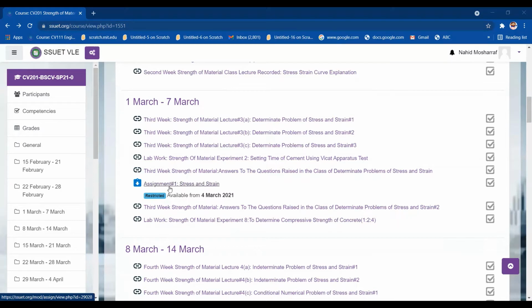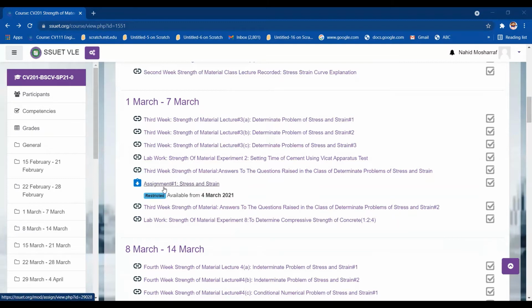Because you will get the total marks of your final exam copies through the VLE software, but you will not be able to get each question's marks. So you have to write them down on an Excel sheet separately yourself, and then upload the final exam marks on the QOB software. So let's have a look.